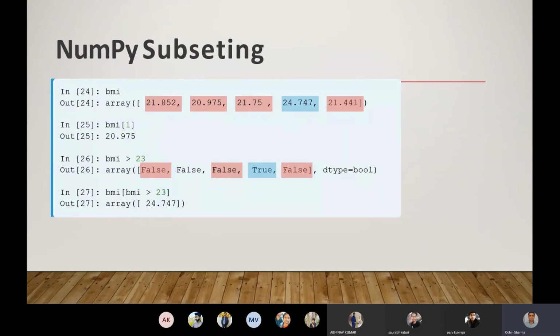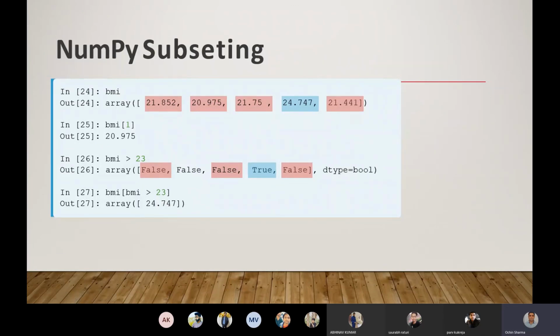If we want to print the value on a particular logical condition, you can see in line number 27, BMI is being printed where BMI is greater than 23. So it will print the value where BMI is greater than 23. Only one value exists here, 24.747. This is basically a syntax sort of thing.